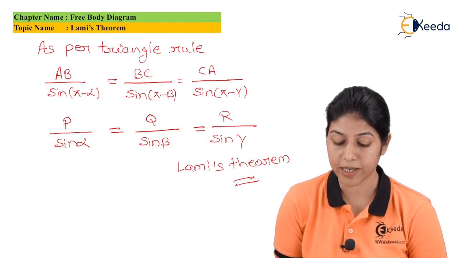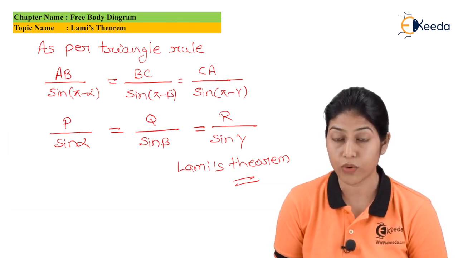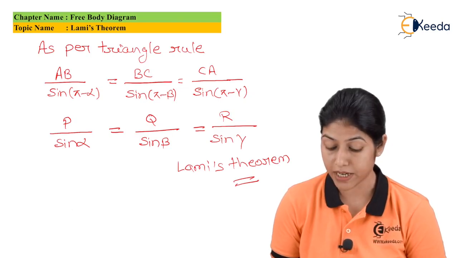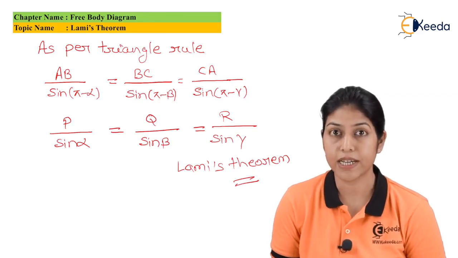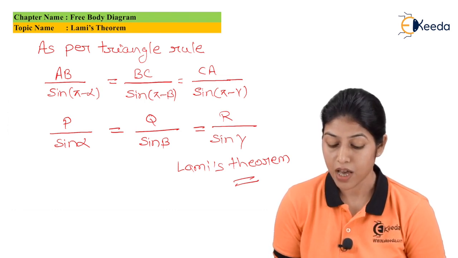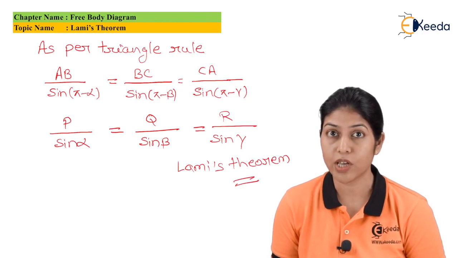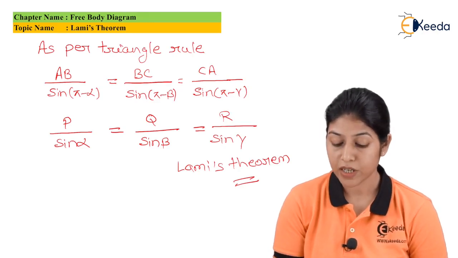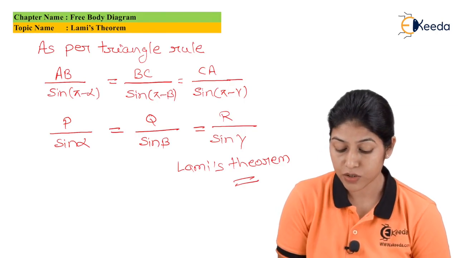Here AB is representing P, and sine of pi minus alpha will be equal to sine alpha only, and here BC is representing Q, and sine of pi minus beta is sine beta, and CA is representing R, and sine of pi minus gamma is sine gamma. So this will be represented as the equation of Lamy's theorem, and if we equate two terms like P by sine alpha equals Q by sine beta, so we can write